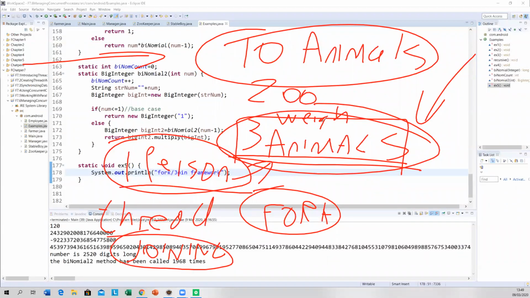It's the equivalent of the cyclic barrier. It causes the current thread to wait until the previous thread has finished its work. That's what join does. So instead of thread.sleep, you use a join.